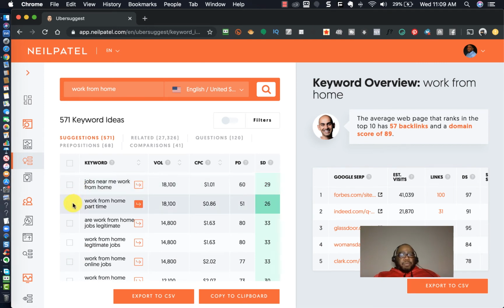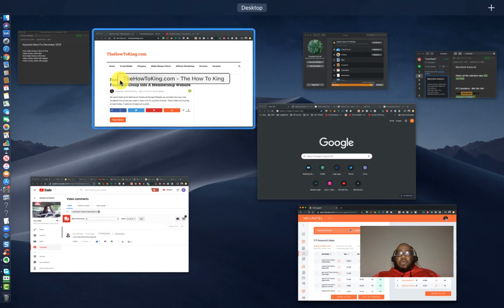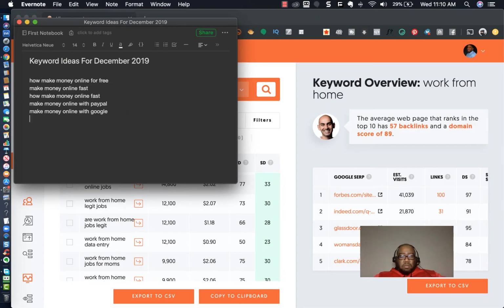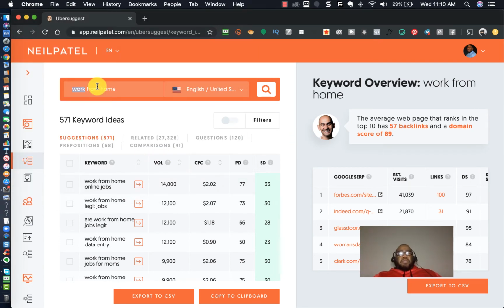So, for example, I'm going to take these couple ones that I just copied and put them on my Evernote right here, and we will continue. All right. So, for example, what does a person type when they're ready to spend money? Okay. Well, for example, the first thing that comes to my mind is, let's say, I need car insurance.